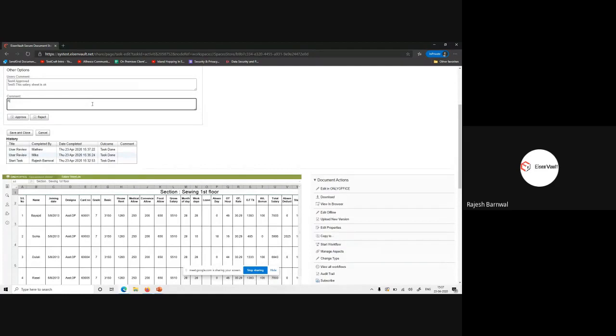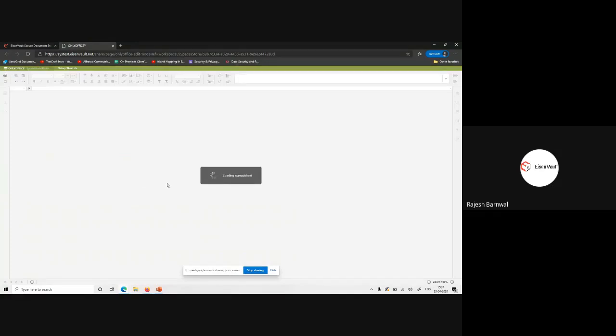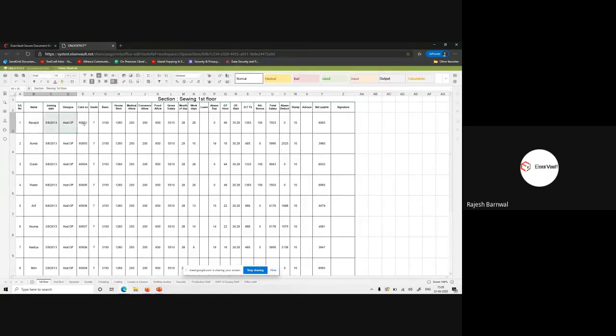I type the message: changes required. And suppose you want to change or highlight something, click on edit online, ONLYOFFICE, and he selects this same text. This needs to be changed.